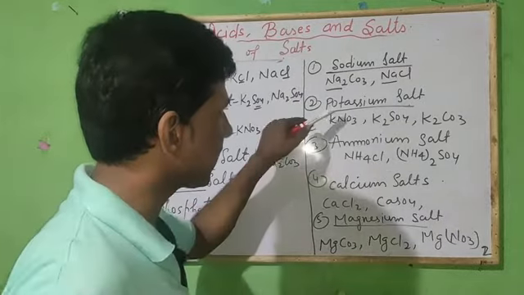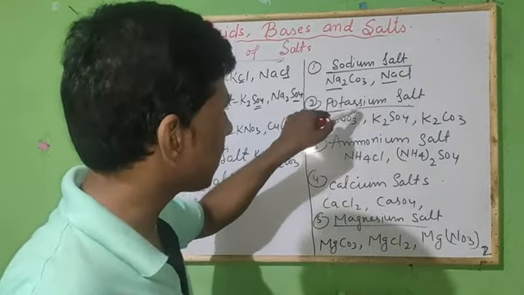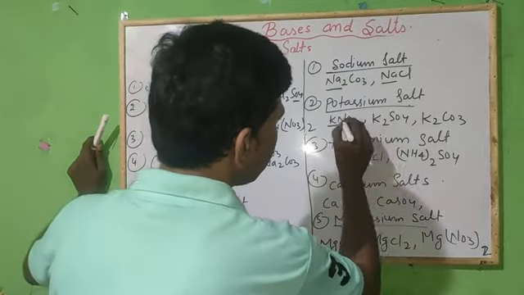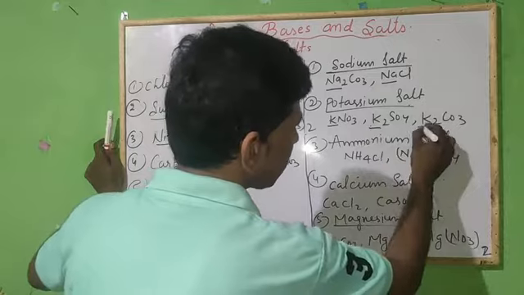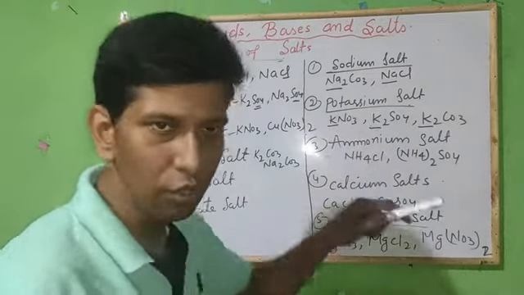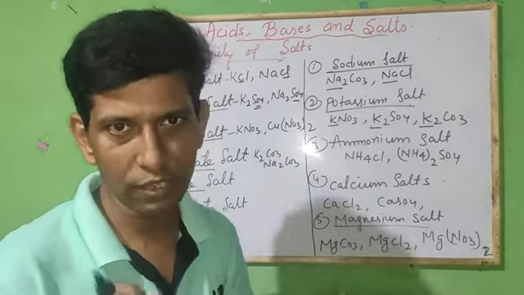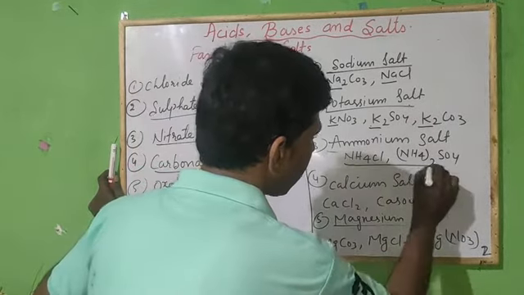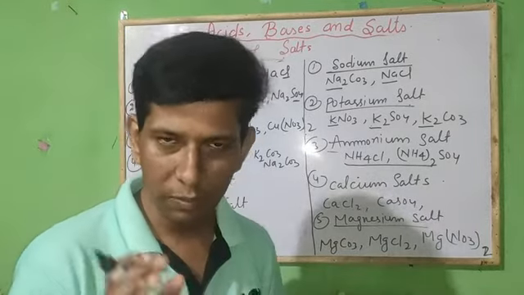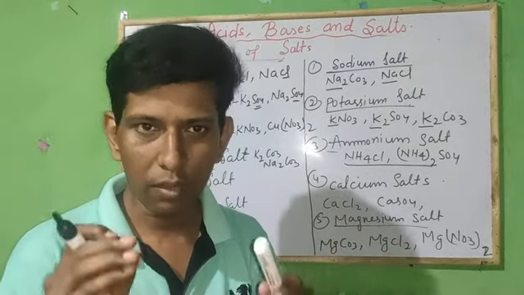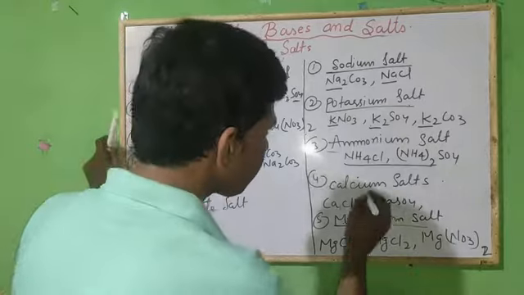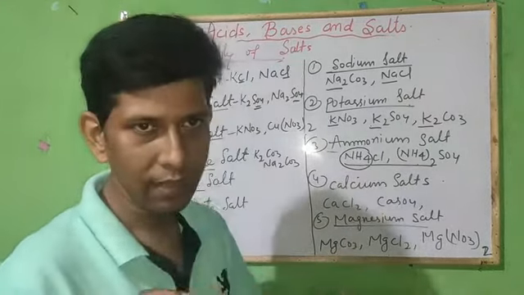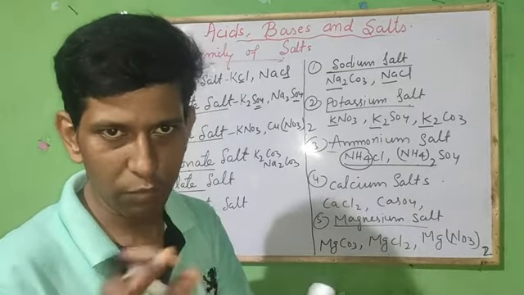Here also the second category based on the base, that is potassium hydroxide, which is a common base, and all the salts, potassium nitrate, potassium sulfate, potassium carbonate, have the same common base, that is potassium hydroxide. That's why they belong to the same family. Here also you can see these two are examples of ammonium salt. It means that ammonium hydroxide is a common base between these two. Ammonium chloride, ammonium sulfate. So the common base is ammonium hydroxide, and that's why they both belong to the same family.